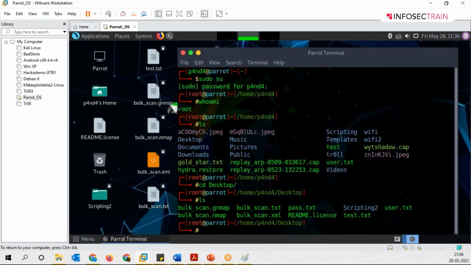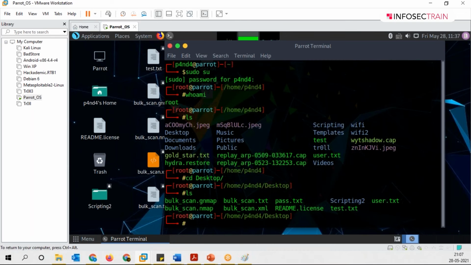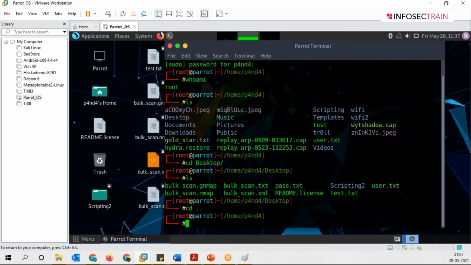Everyone getting it? What's the use of the ls command? Perfect. Moving on to another one. If I want to go back, what will I do? I want to go to the previous directory. The previous directory was what? It was your Panda. So if I want to go back one directory, I will just hit cd space dot dot, and when I did this, you can see it says you're in your Panda now.